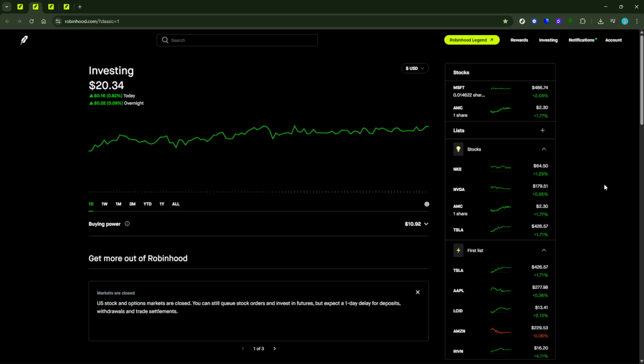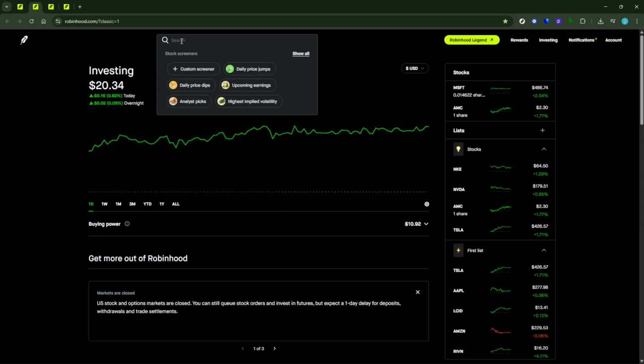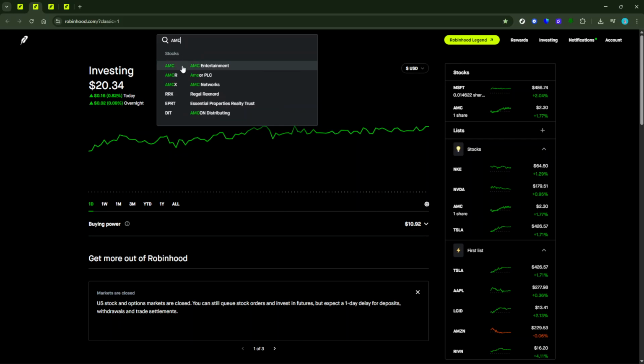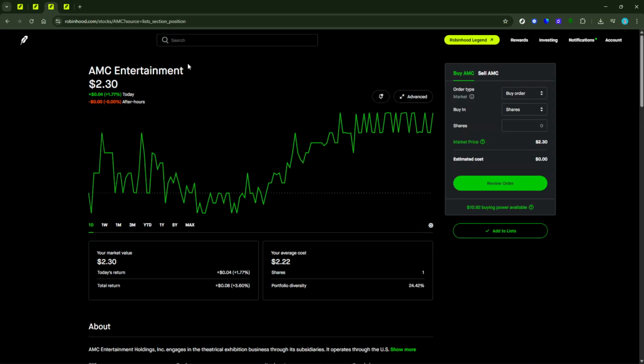At the top of the screen, you'll see a search bar. This is where you can look for any stock, ETF, or crypto that you want to follow. Simply type in the name or ticker symbol of the stock you're interested in. As you type, Robinhood will show you suggestions. Click on the one that matches what you're looking for, and this will take you straight to the detailed page